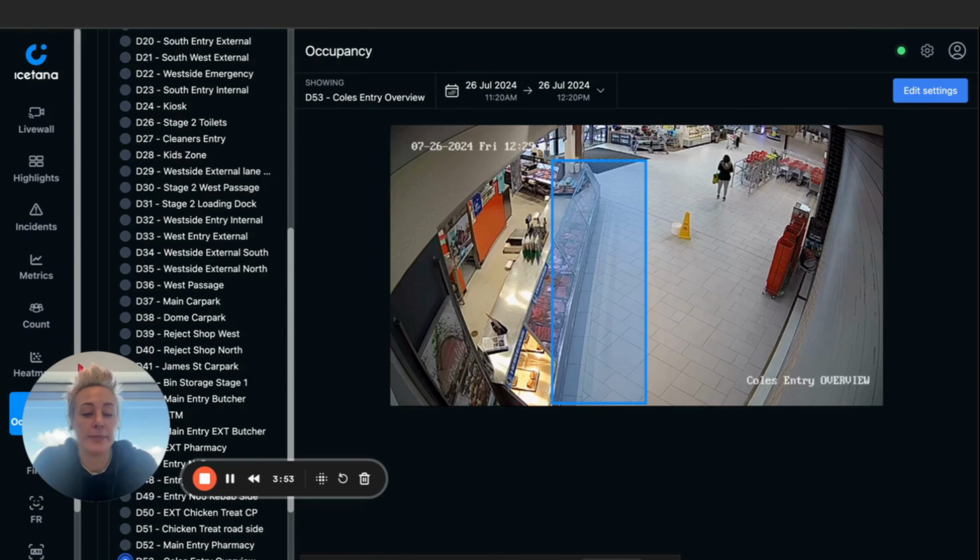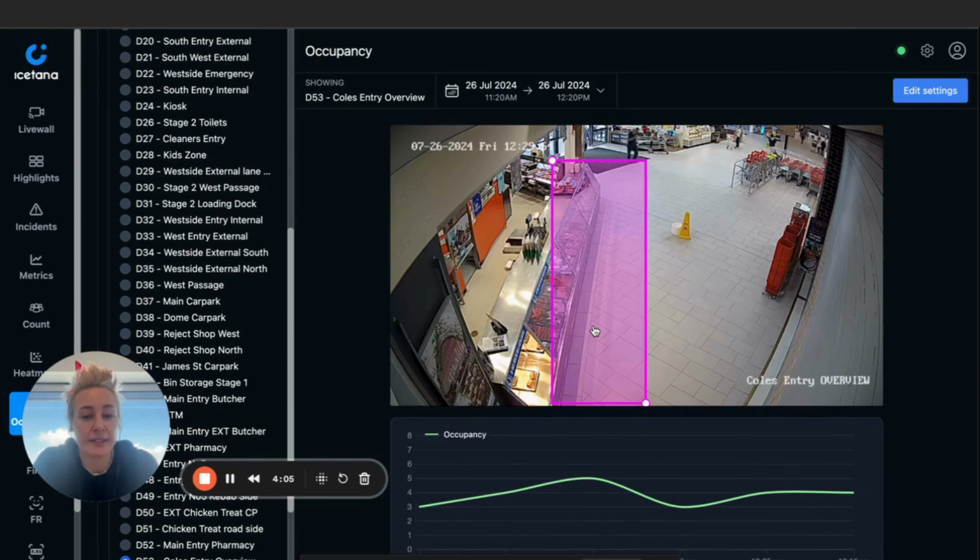Here's an example here. The software allows you to draw a box around any area that you're interested in totaling and understanding the occupancy of people in the area. So here we've got our butcher's counter, and we're interested in seeing the number of people that have been passing through or standing around the butcher area. And we've got some information here that you can see over the last short period of time, the traffic of